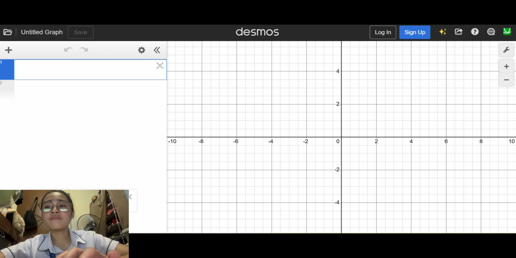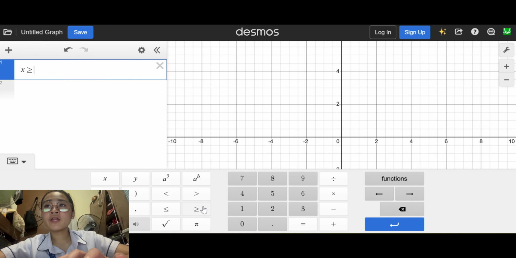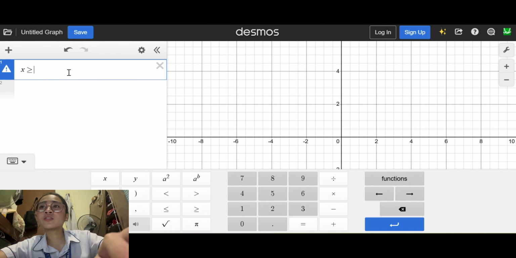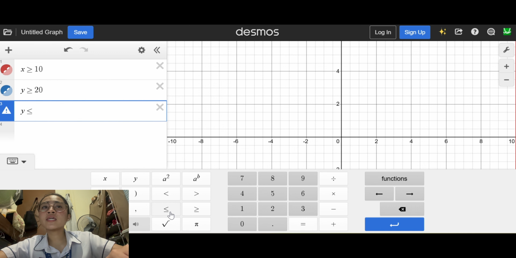So we have x is greater than or equal to 10, while y is greater than or equal to 20, and the maximum capacity is y is less than or equal to 120,